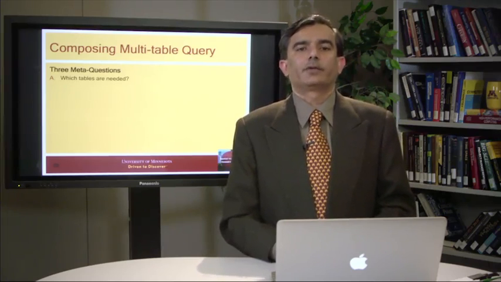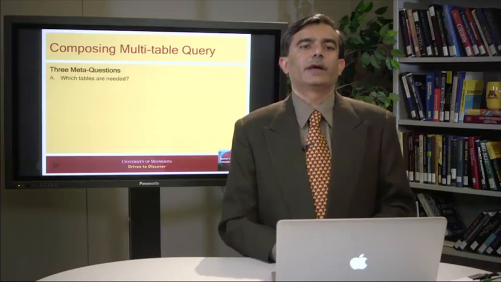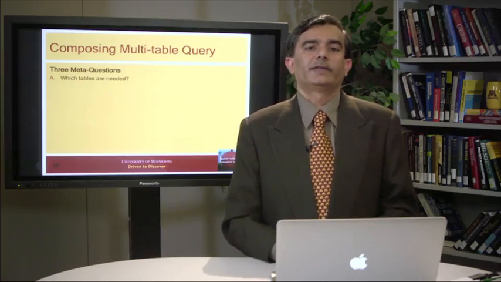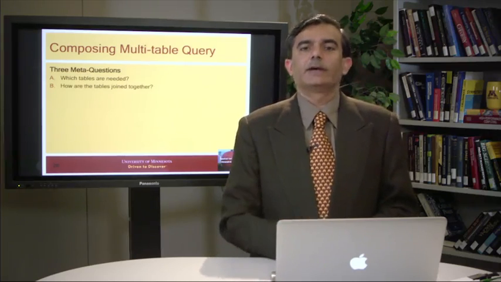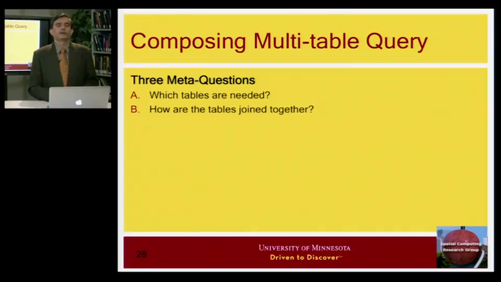And you ask, do I really need all 3 of them, or could I get away with 2 of them, or maybe in some cases even one table is enough, right? So you start with that. So once you have narrowed that down, then the next question we ask is the following: how are these tables